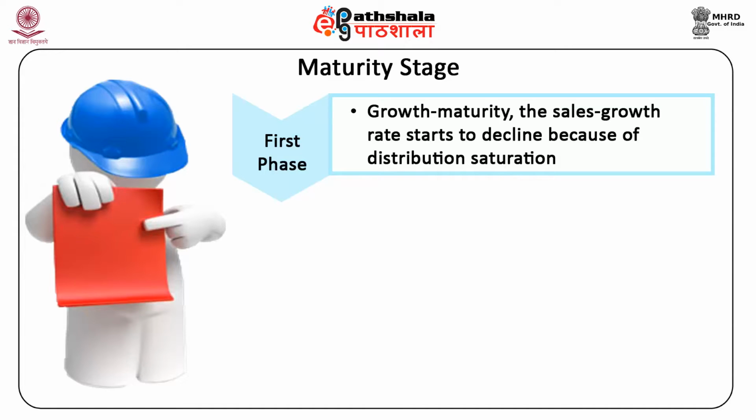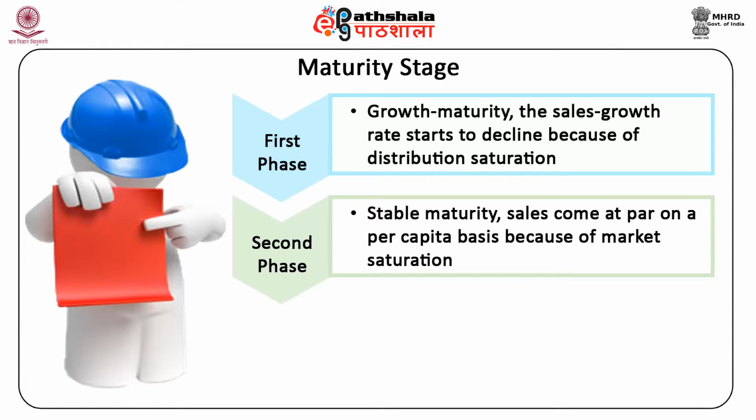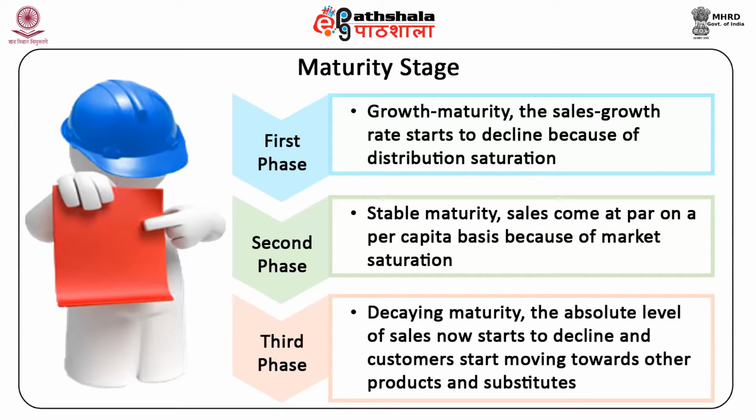There are no new distribution channels to fill, although some laggard buyers still enter the market. In the second phase, stable maturity, sales come at par on a per capita basis because of market saturation. Most potential consumers have tried the product and future sales are governed by population growth and replacement demand. In the third phase, decaying maturity, the absolute level of sales now starts to decline and customers start moving towards